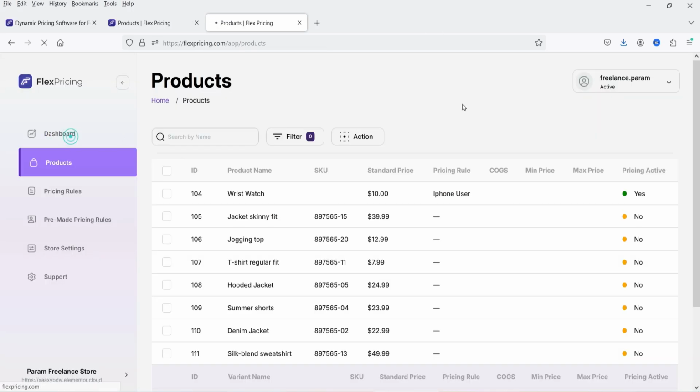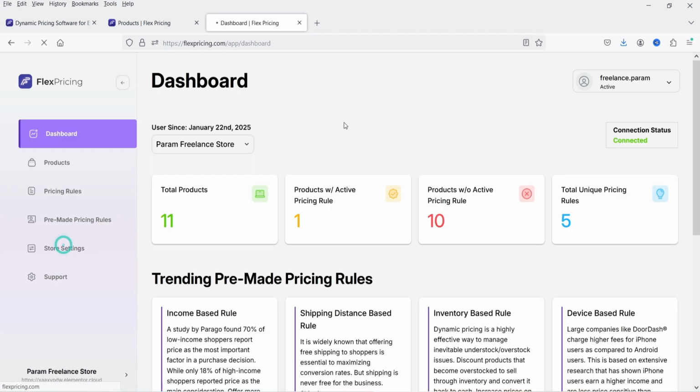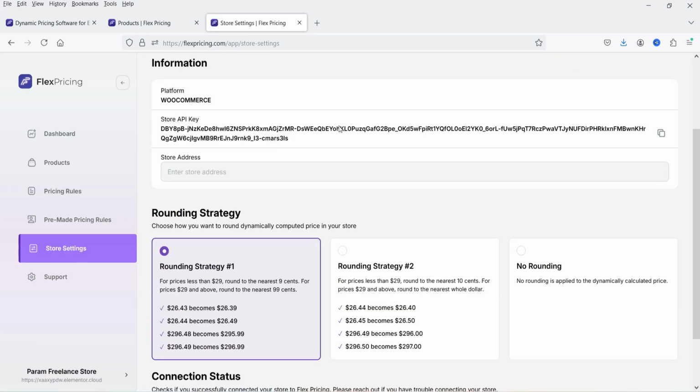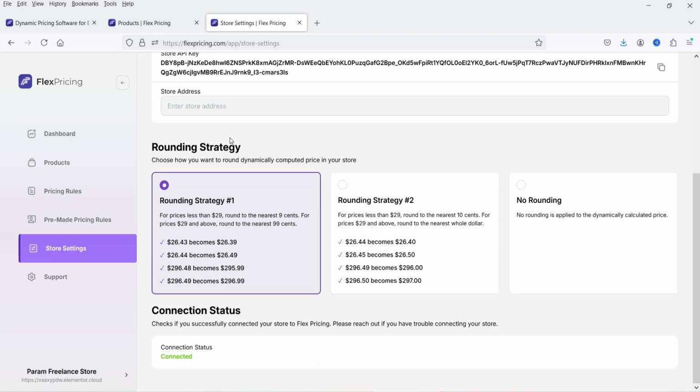If I go to the dashboard, let's go to store settings. If I scroll down, you will see the rounding strategy here. If the product price is 26.43, then it will be 26.39. So it's going to round off. You will see it is more than 296.48, so it is going to round it off. Here you will see